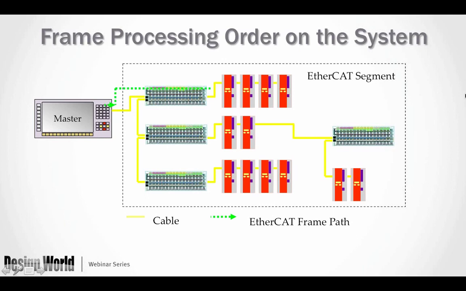It'll produce a frame. That frame will go through all the devices in this order. And when it reaches the end, these are drives, by the way, at the end there's nothing connected to the out port of the second device, or the end device. So the frame will be routed back through the receive pair of wire, or whatever physical layer, and then routed,